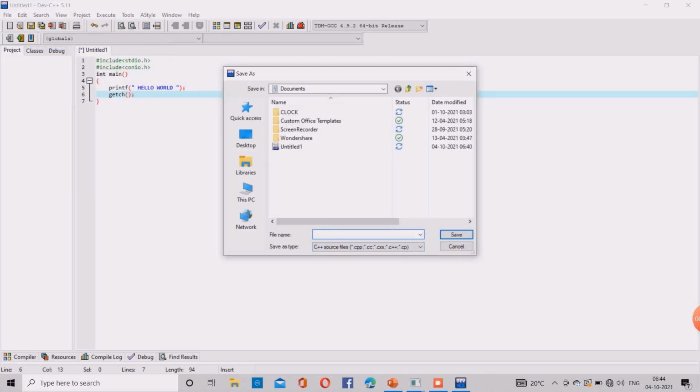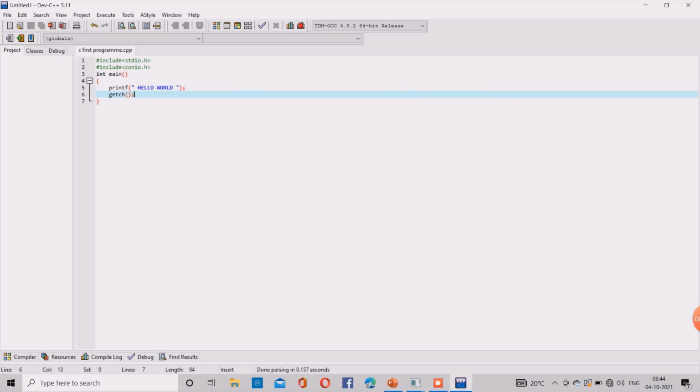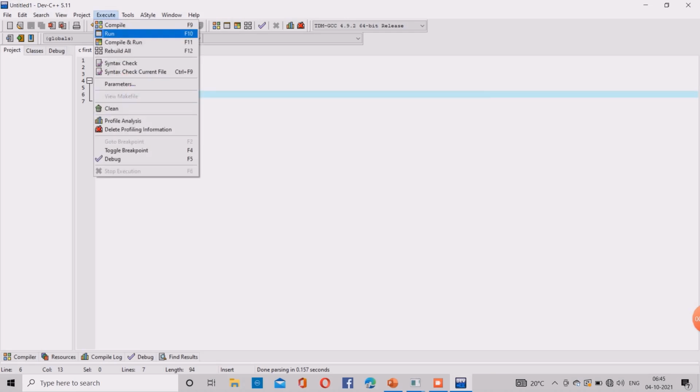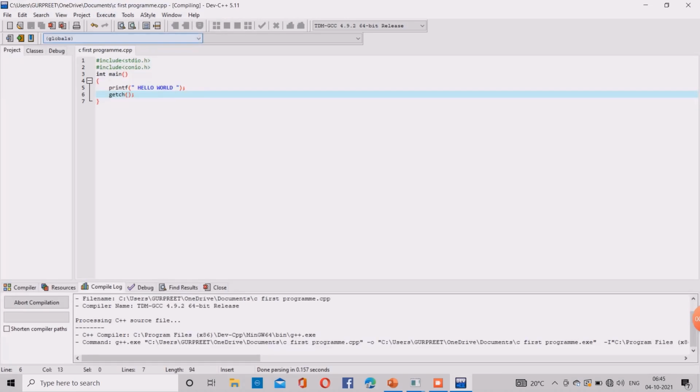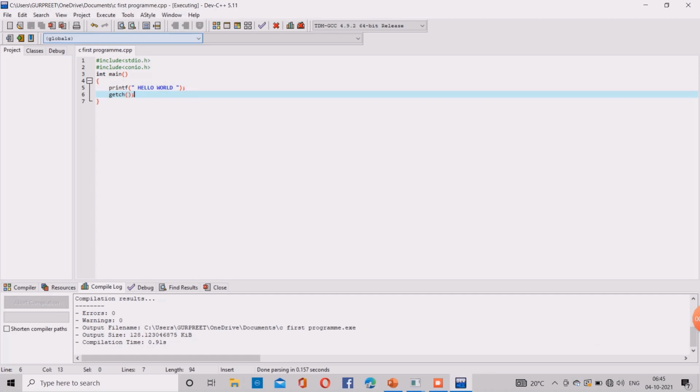Again, I tell you, we have included only the link section. The definition section is not there. Global declaration is also not there, because we have no need of this. This is a simple program. In main also I have only the execution part. There is no declaration part. That is totally fine, don't worry.